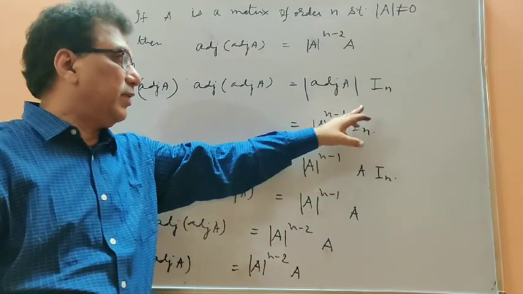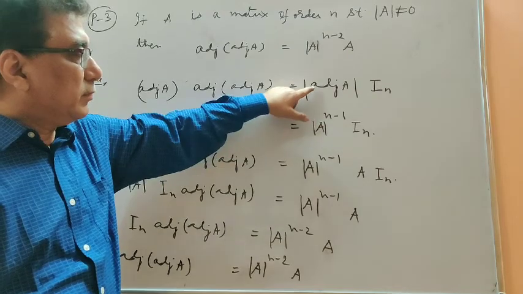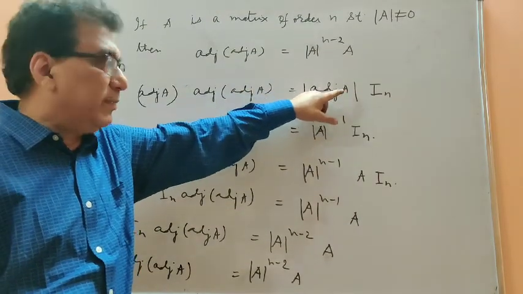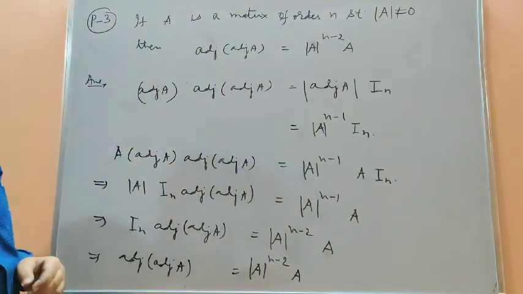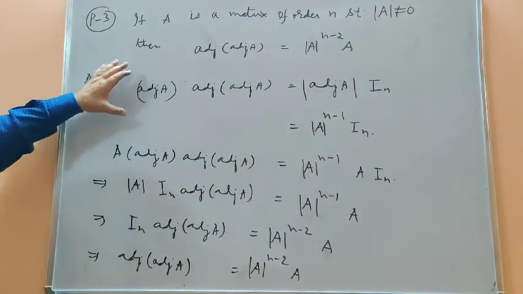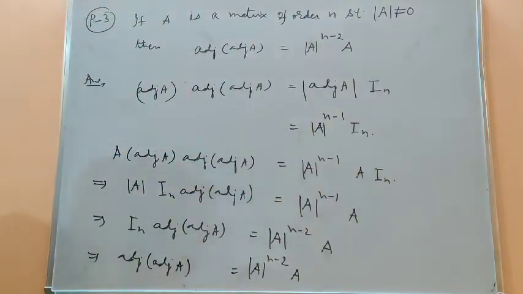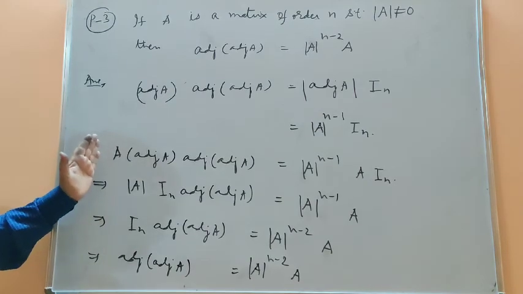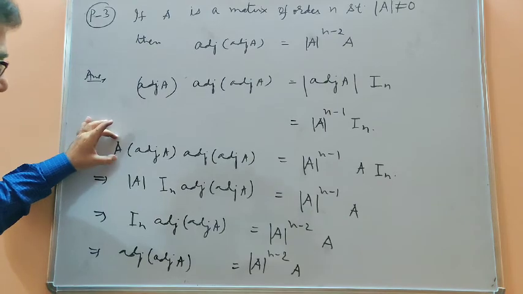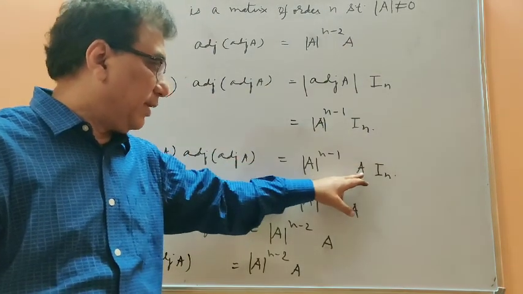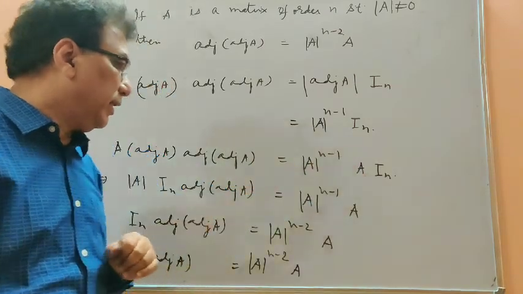That's why the order of I is n, and we have also seen that the determinant of adjoint of a matrix A is given by determinant A to the power n minus 1, that is property number 2. So when we multiply these two matrices, the result is this one. Now I am multiplying both sides by matrix A. You find matrix A here and matrix A here, because when a matrix is multiplied with a scalar, the scalar can be written in the first place, and the matrix has gone here.